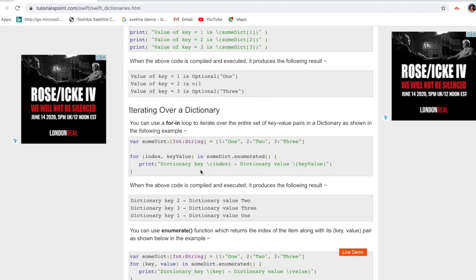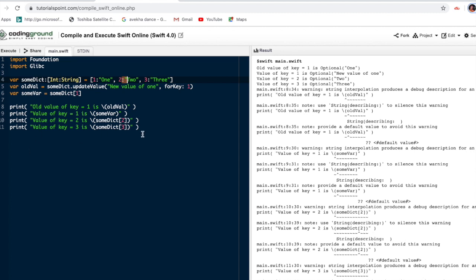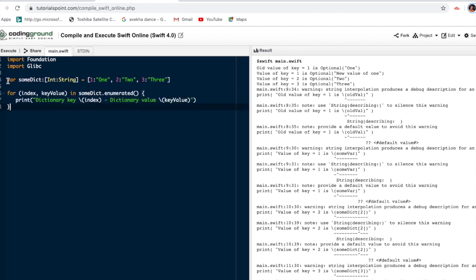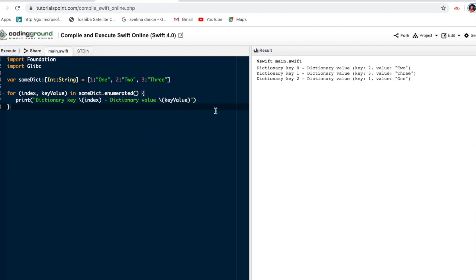Then in the same case we can iterate over a dictionary also. Okay, see, this is important. I am assigning and iterating, so we have to give index comma key value in this dot enumerated. Okay, so the output comes like my key, first key 0 0.